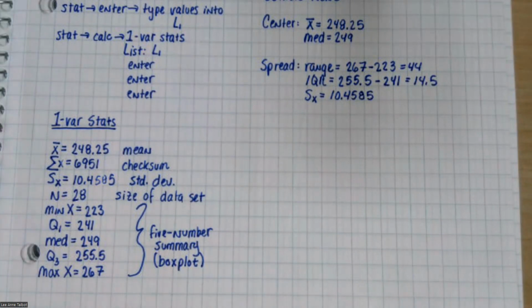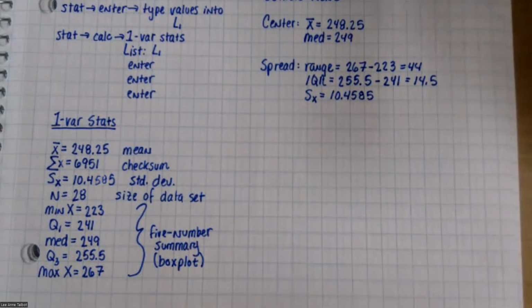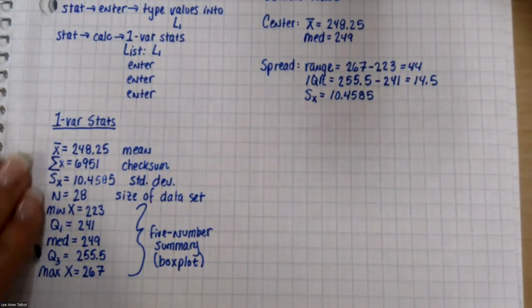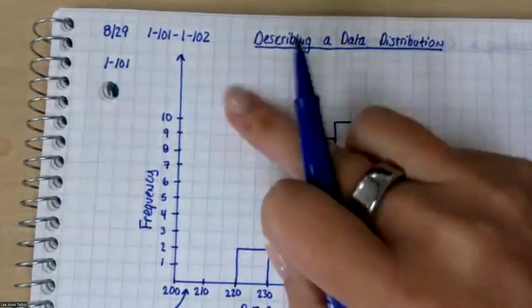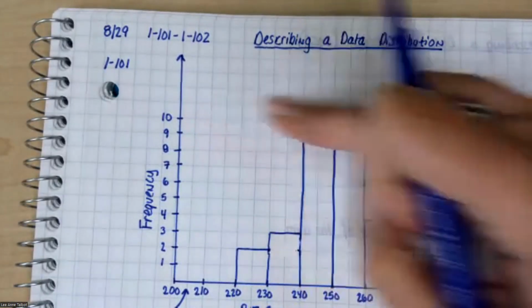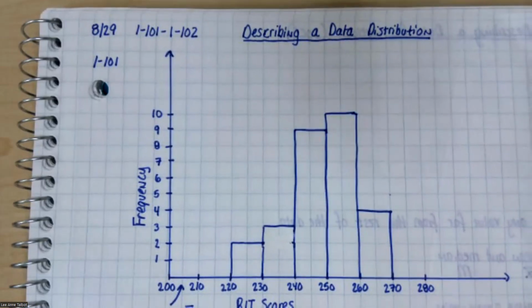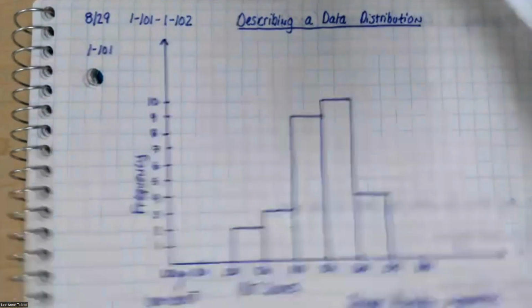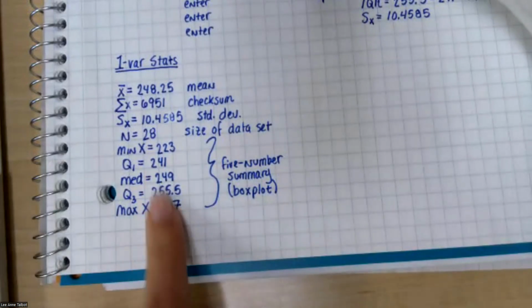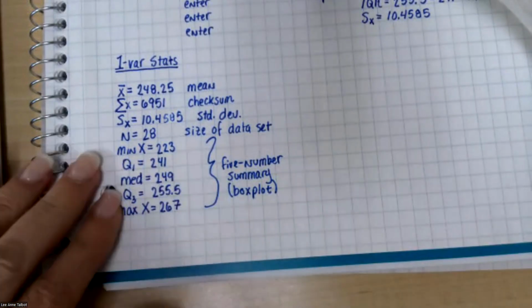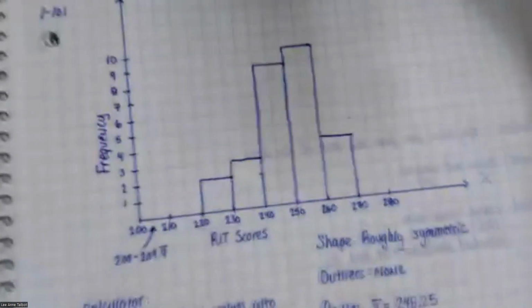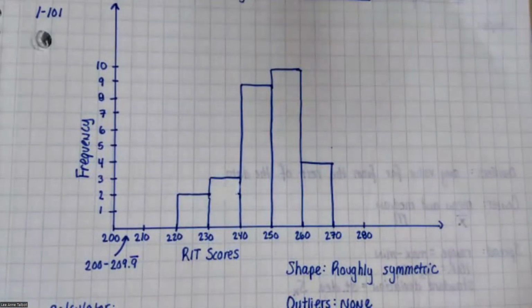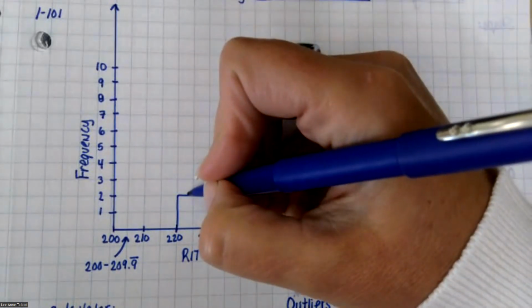Okay, we're not done though. We have to do the box plots. So I put the box plot up here. You notice that I left some space above. Okay, and what I do is I take these 5 numbers in my 5-number summary and put little vertical lines in those spots. So for example, the min was 223, so I find